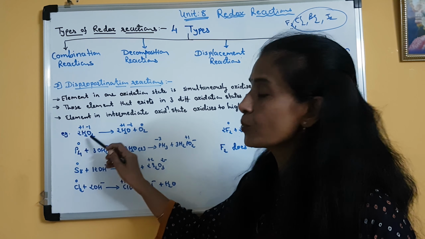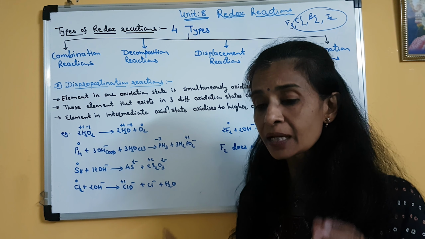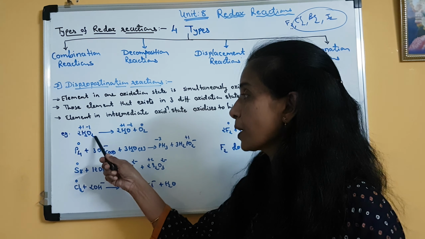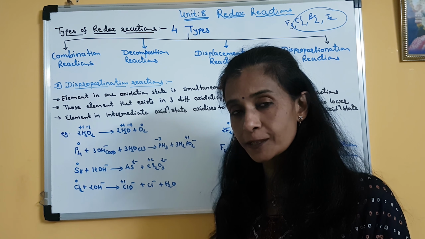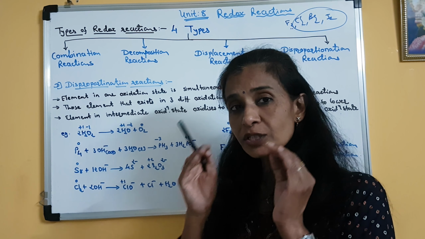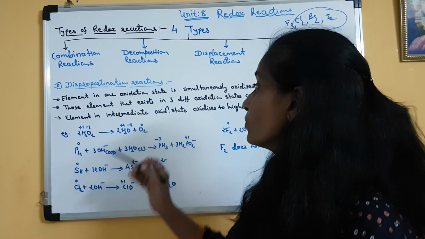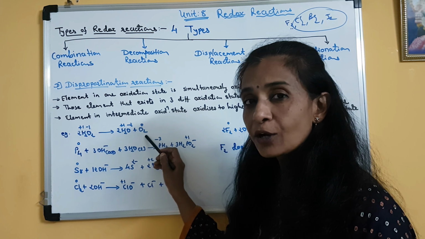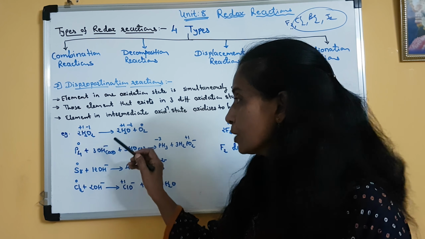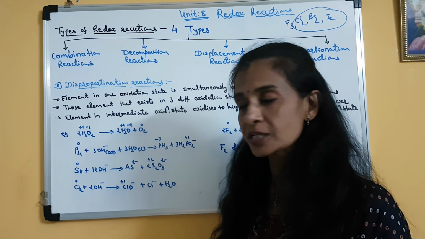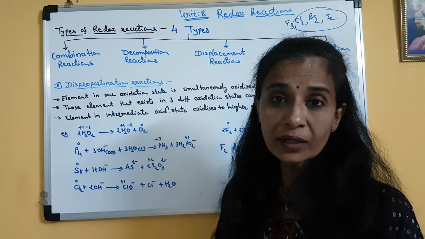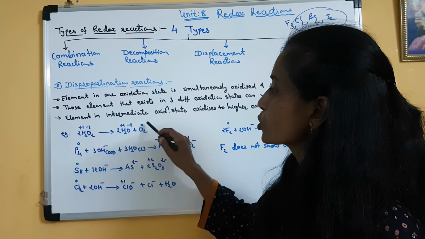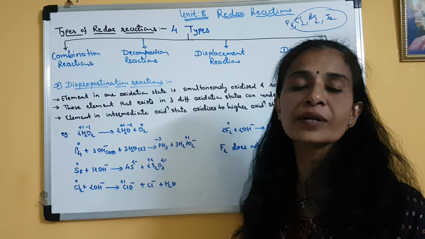2H2O2. H2O2 means hydrogen peroxide. And we have seen that the common oxidation state of oxygen is -2, but in peroxide it is in -1 oxidation state. So here in this reaction, oxygen is that element which has three different oxidation states. One, in dioxygen, it is in 0 oxidation state. In water, it is in -2 oxidation state. And in peroxide, it is in -1 oxidation state. So out of these three oxidation states, -1, -2 and 0, -1 is the intermediate stage.